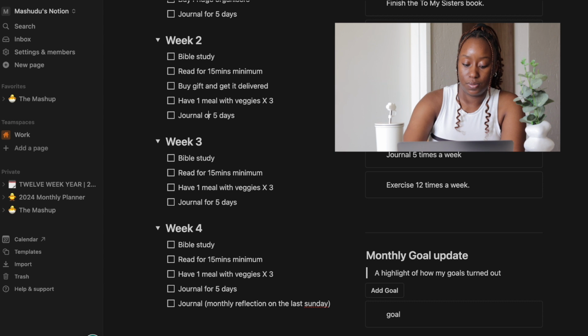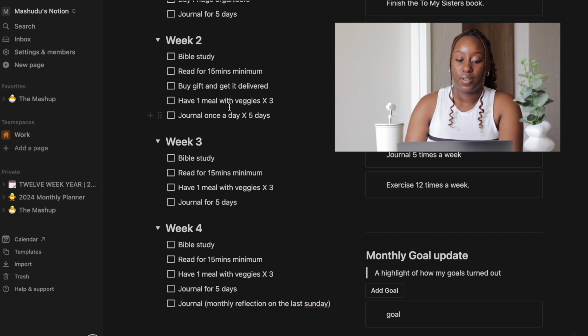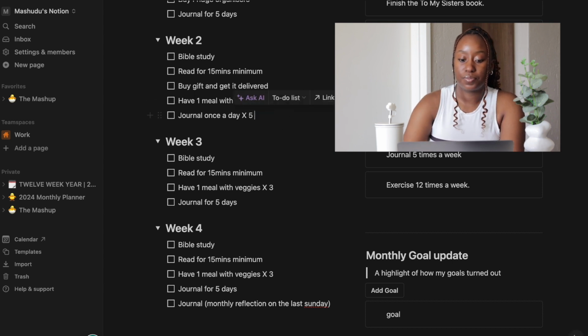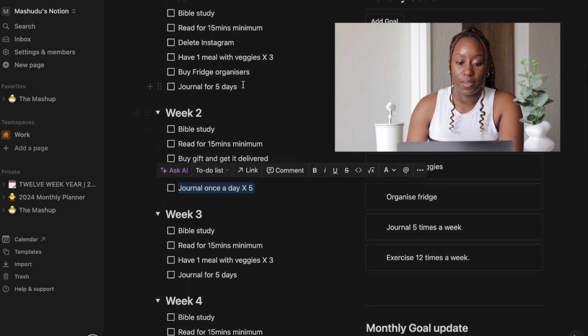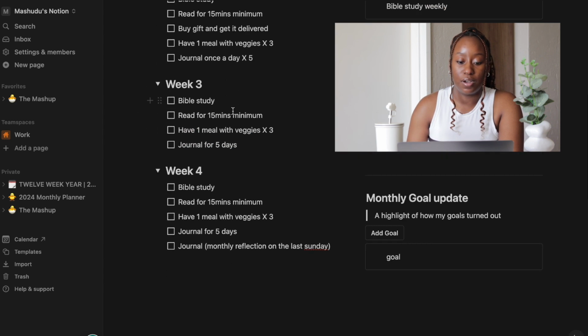Journal once a day, x5, like times 5, because since this is a weekly view, I can't write it out in full, that's a bit too much.